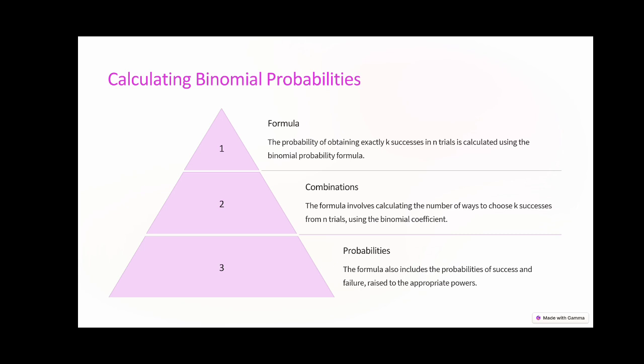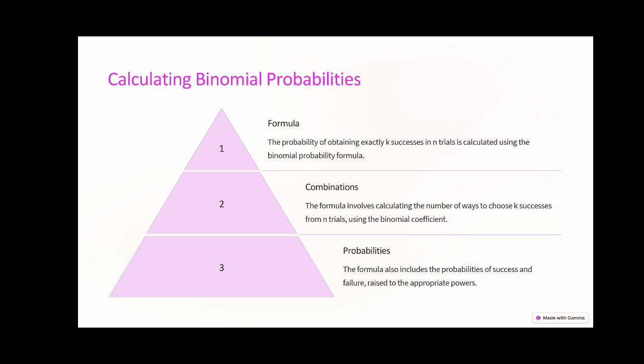What is n factorial? Let's say n is 5. So n factorial is the multiplication of 5 down to 1. That is 5 into 4 into 3 into 2 into 1. That is n factorial. So the formula for calculating probability under binomial distribution is the binomial coefficient nCk into p